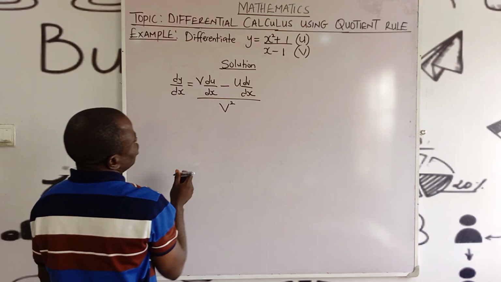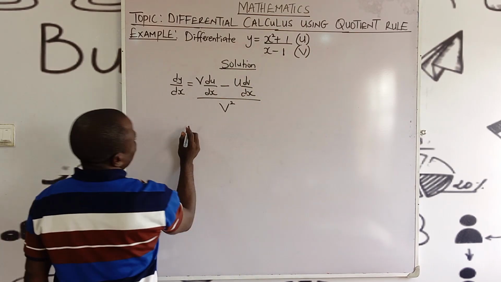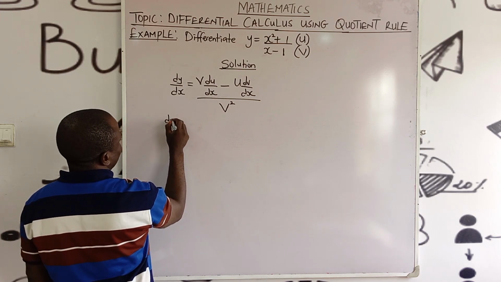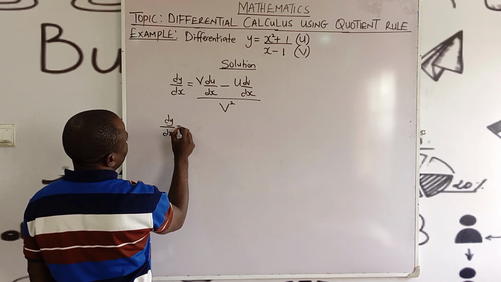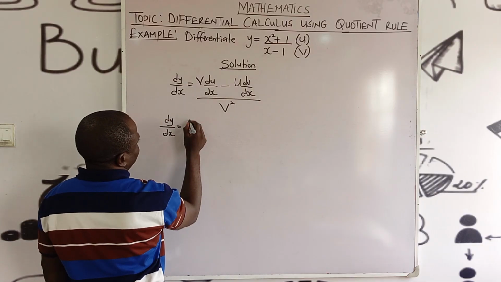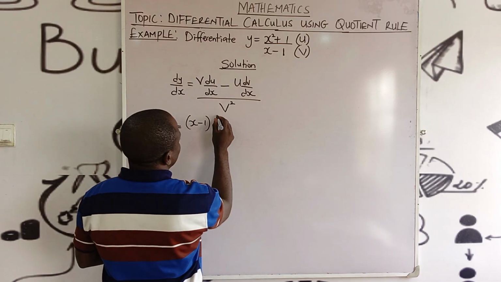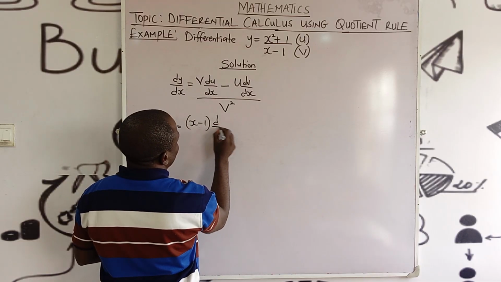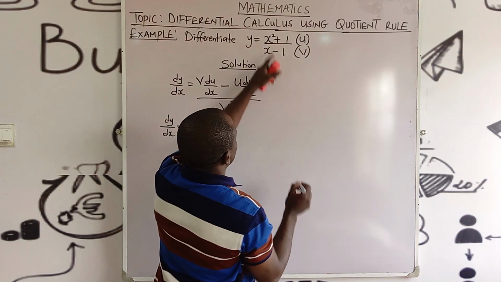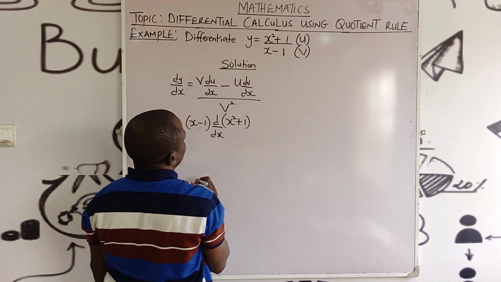Now, let's see what's on the board. Our u is x squared plus 1. We're going to differentiate it. All right, dy over dx equals, what is v? x minus 1. Let's keep it, x minus 1. Close the bracket. Now, say d of dx of, what is u? x squared plus 1, close the bracket,